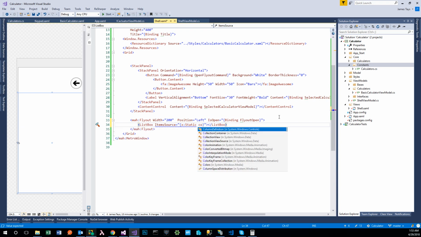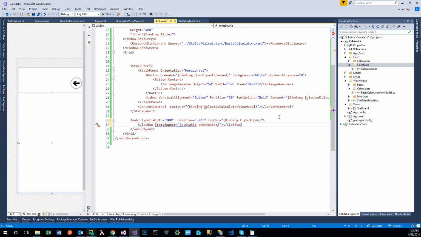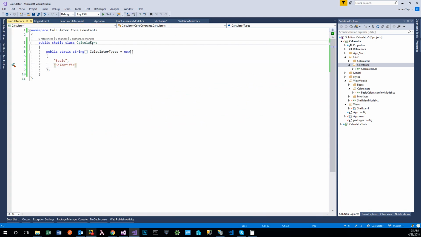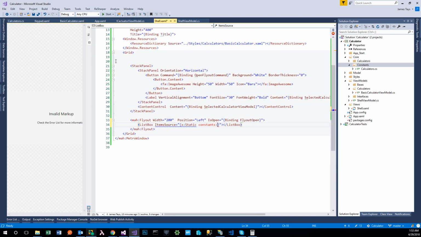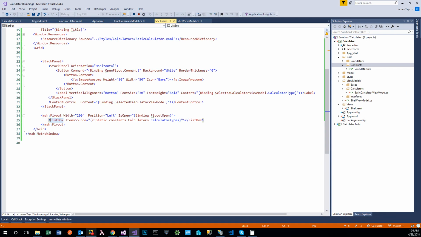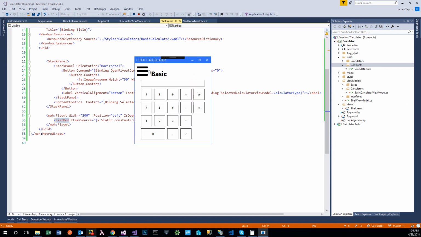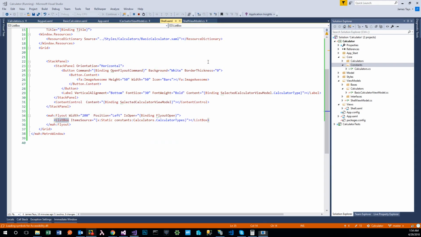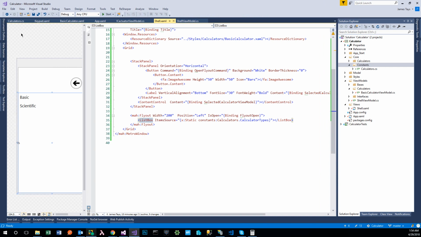It's going to be constants, and let's just see what happens here. They show up, which is good. It's exactly what we wanted. Okay, so